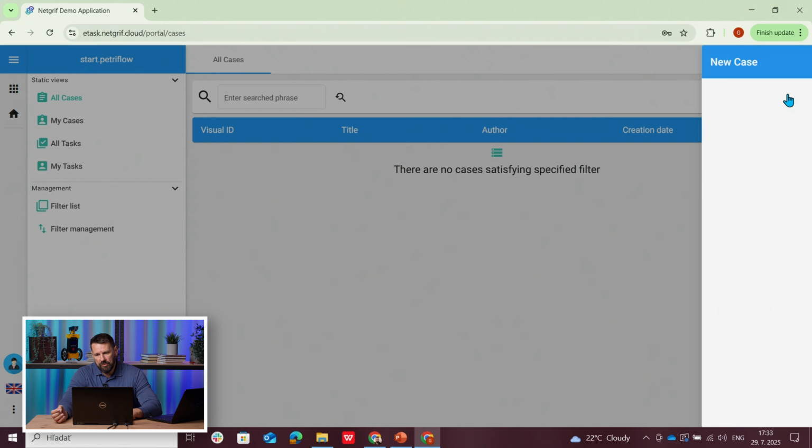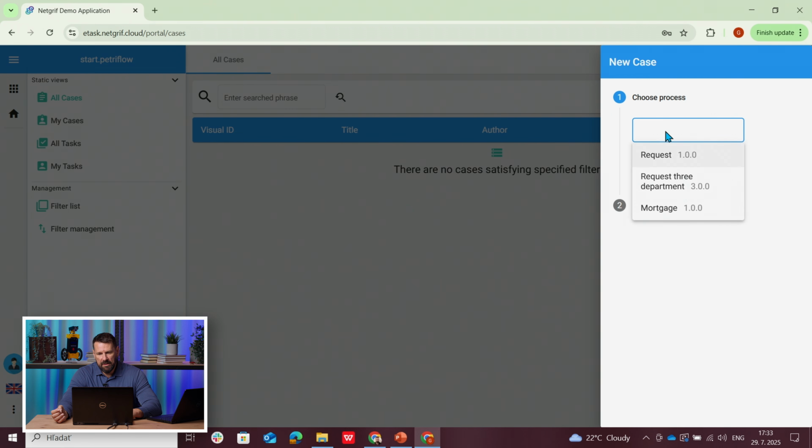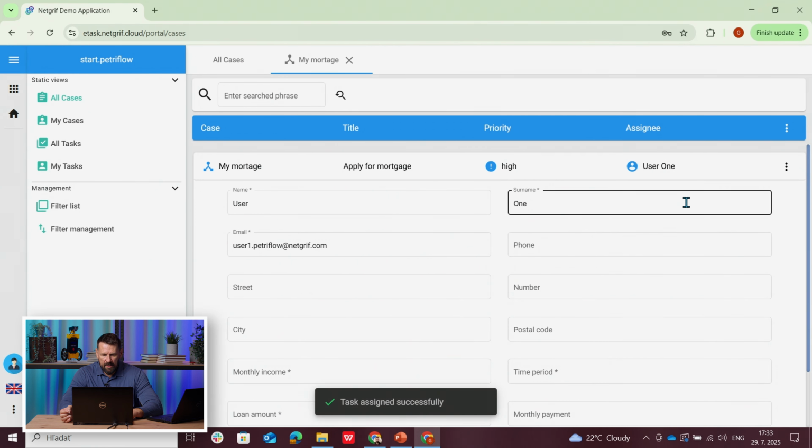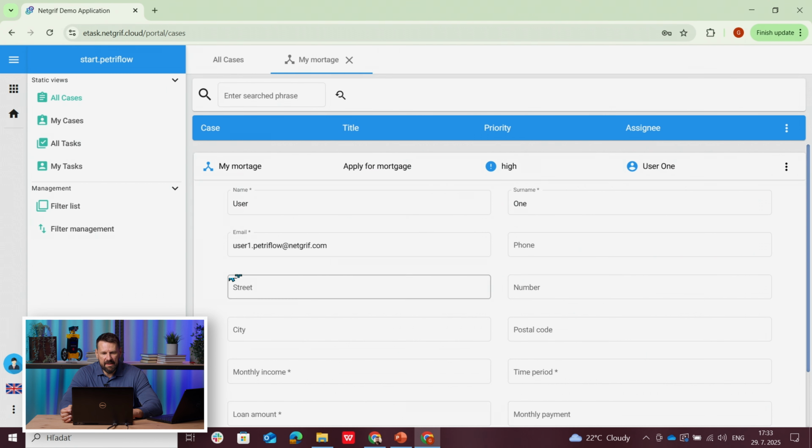And here, if we go to plus, we can create processes that are uploaded in that other workspace, and the cases of those processes can be created by default user. So, and if we click on mortgage, okay, and say, okay, we will say like my mortgage. And we will create the case. So we see that we have this auto assign. So if we go here,